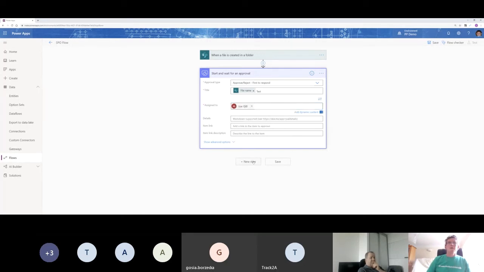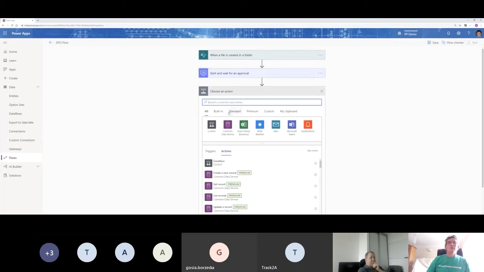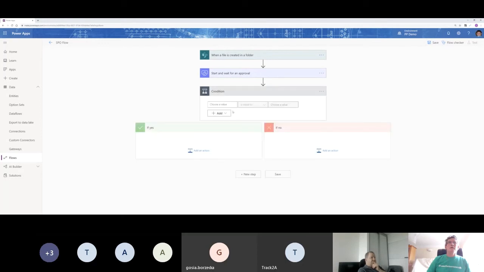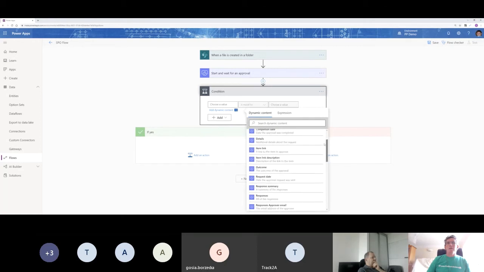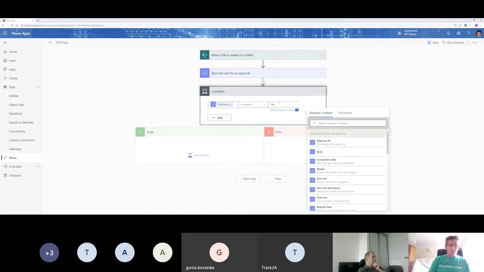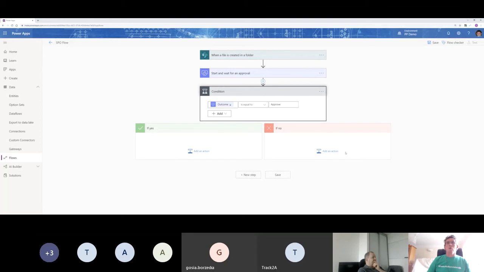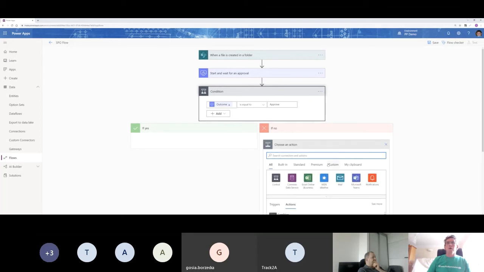Okay, I'm going to do a new step. Now I'm going to add a condition. So I'm going to go to control and add a condition. Basically I'm going to check, and again, this is the dynamic content. I'm going to pick up the outcome from the previous action, and then check if it's approved. I know I'm going pretty quick here, but really it's just to give you an idea how it could all work. And then if it says no, what I could do is